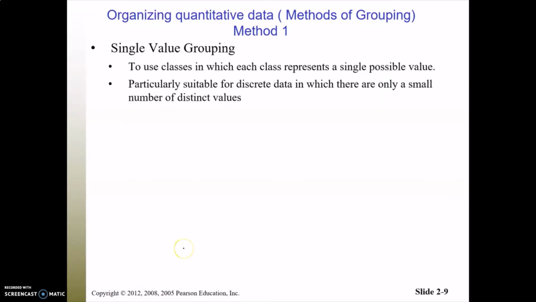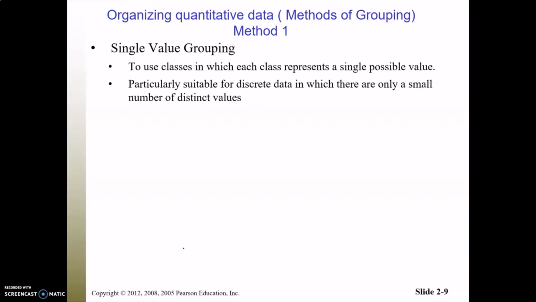For this purpose, we have methods of grouping. There are 3 methods mentioned in your book. One is called single value grouping. The other one is called limit grouping. And the third one is called cut point grouping. But today in this video, I'm going to cover only single value grouping. What we do in single value grouping is use classes in which each class represents a single value. And this type of grouping is useful when we have discrete data which has only a small number